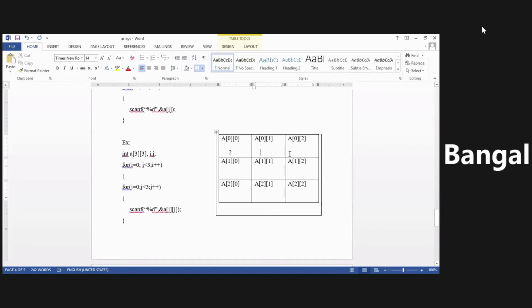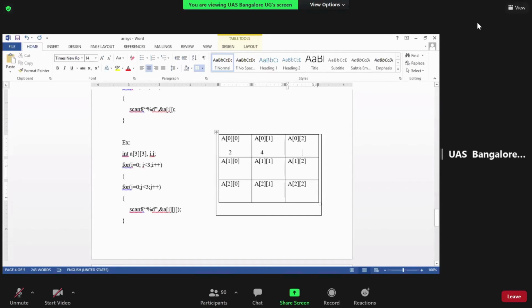The next element will go and store. Okay, the next, what happened? It will just go back here. Your j is incremented again, so j becomes 2 now. Is 2 lesser than 3? Yes, 2 is lesser than 3. It is true. At that time what will happen? At a of 0 and 2, this value will come and sit.